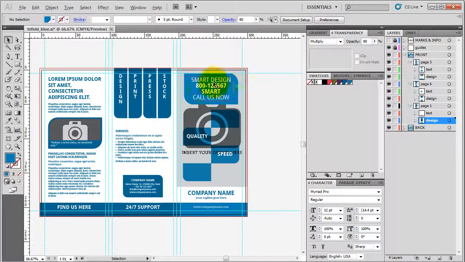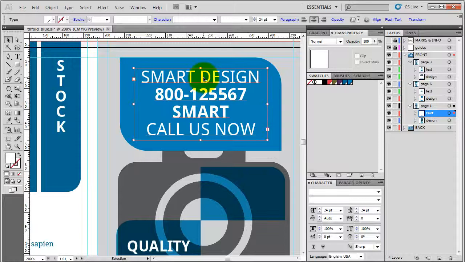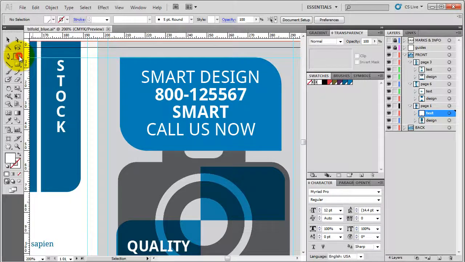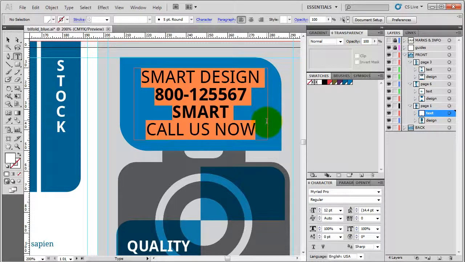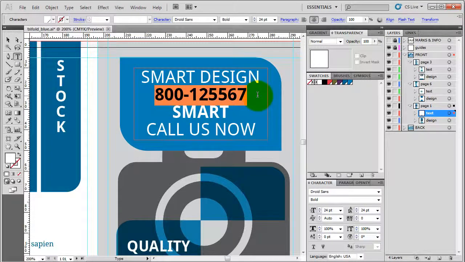Now let's talk a little bit about text editing. Text editing is, again, quite simple in the template. All you have to do is either double click on the text that you have selected, or you select the text tool, and then once you hover over the editable text, you can see it shows these lines here. All you then do again is select it and just type in your preferred text. Let me change the number to be